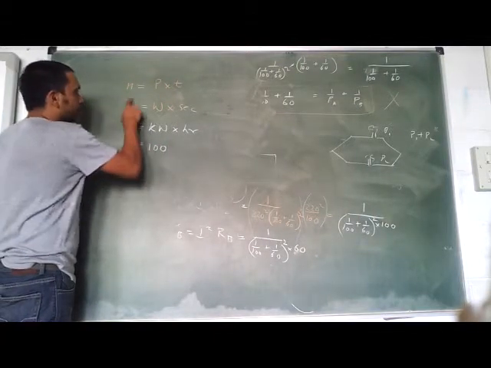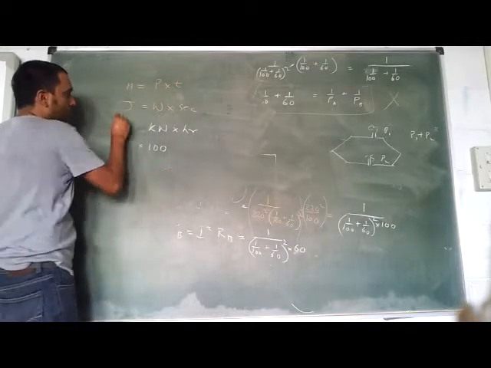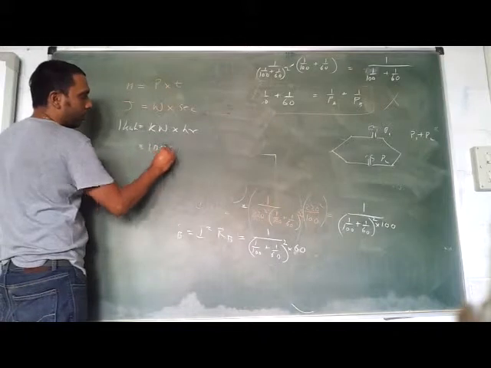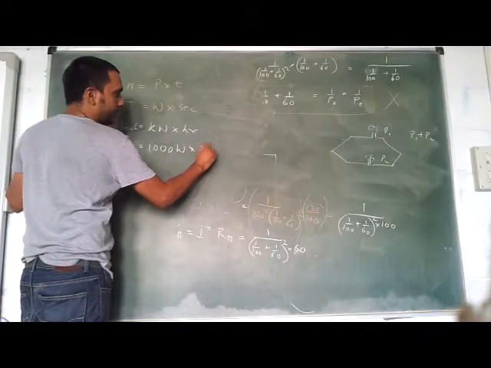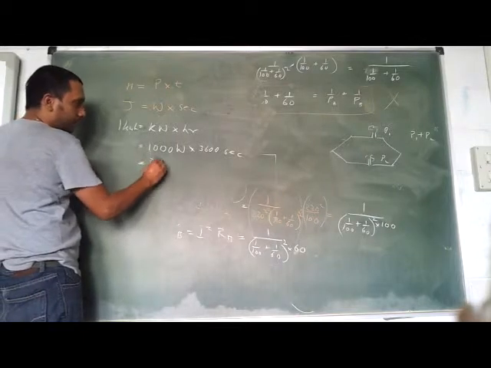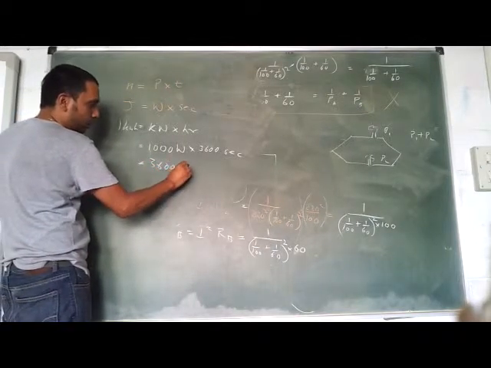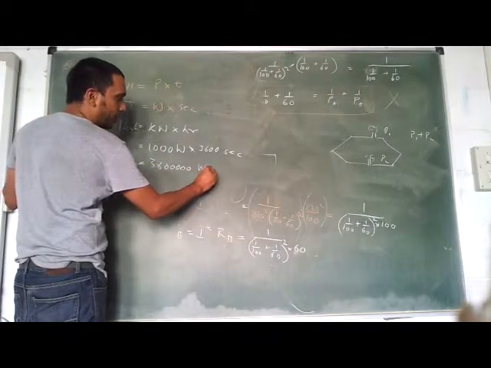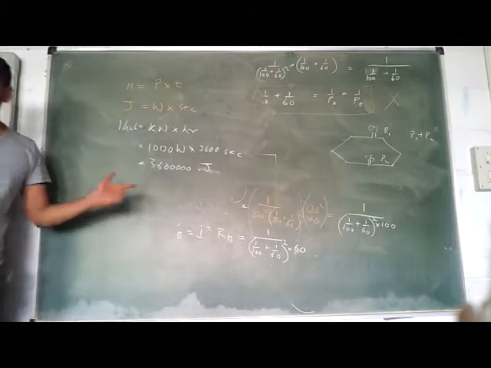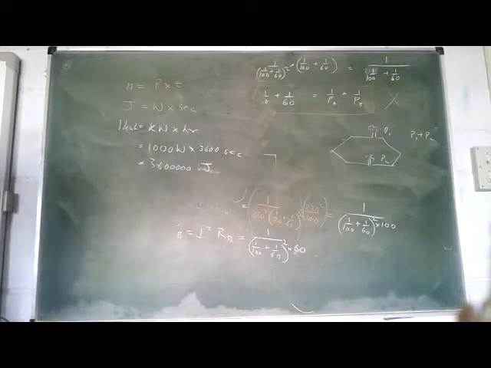It is 1 kilowatt hour equal to 1000 watt into 3600 seconds. So how much is that? 36,00,000 watt second. Watt second is what? Watt second is joules. So that many joules is 1 kilowatt hour. Okay. So the question based on this is something of this kind. Write it down. Do it and go.